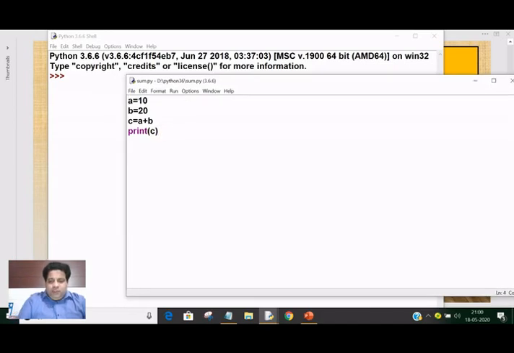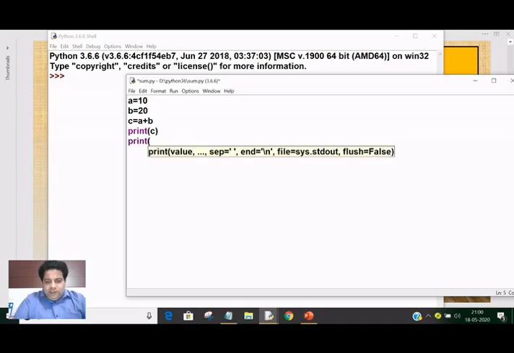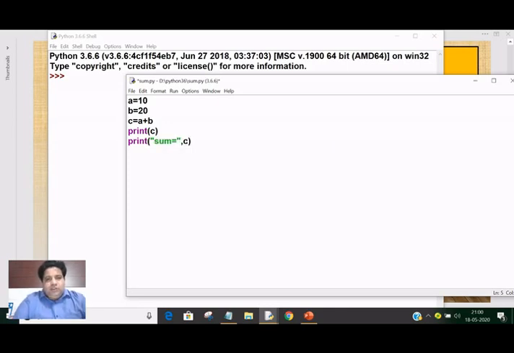For example, I want to print the value of C with a short message. So you can write the message within single or double quotes, sum equal to, close the double quotes and then a comma, and write the name of the variable.